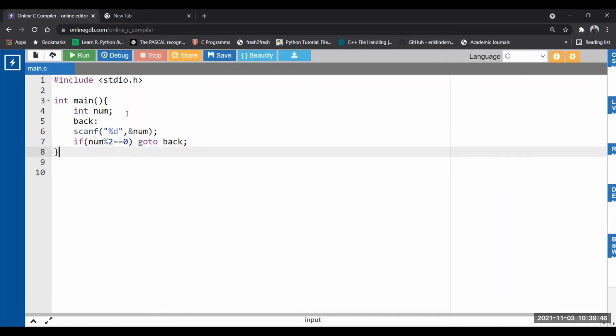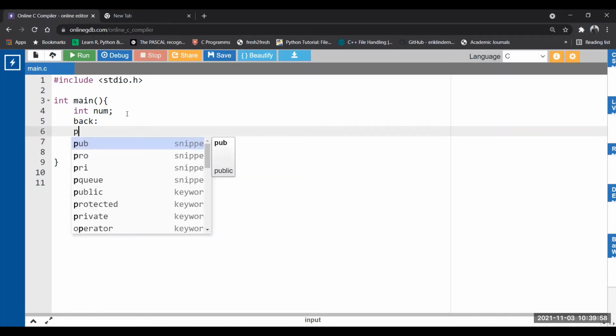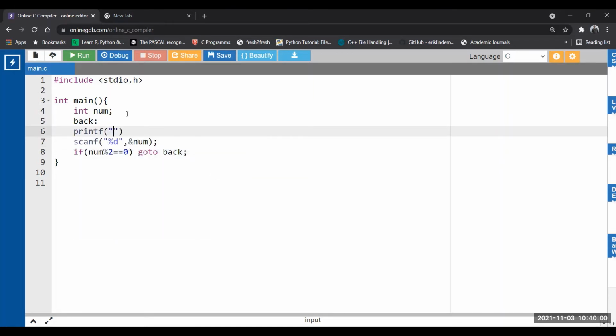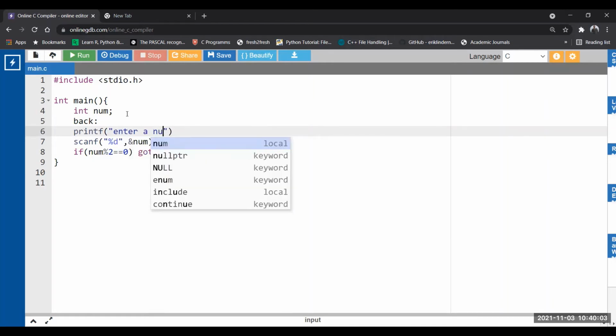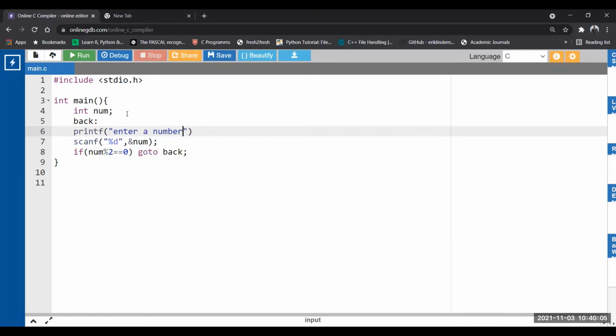Okay, so now suppose that this number is an even number that I have entered. So it will again take me back for the input. So let's give a message over here: Enter a number.